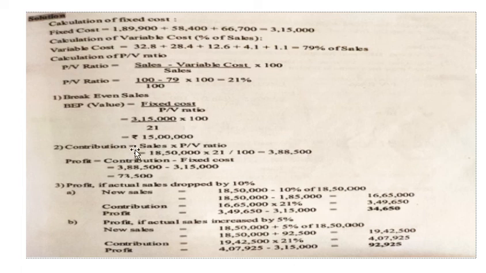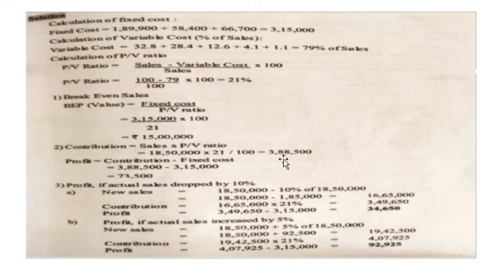So contribution minus variable cost. Your variable cost is 79% of sales. As we don't know our current period sales, we will not know the variable cost as well. So we will be using the formula: contribution is equal to sales into PV ratio. So sales is 18,50,000, which is your budgeted sales, into PV ratio of 21%, where you will be getting contribution